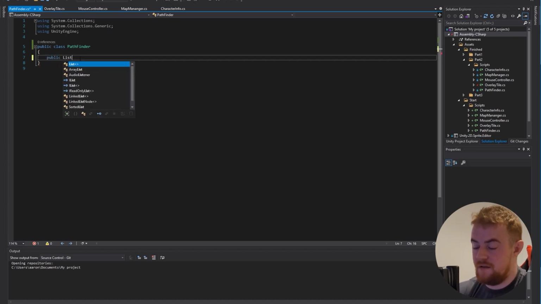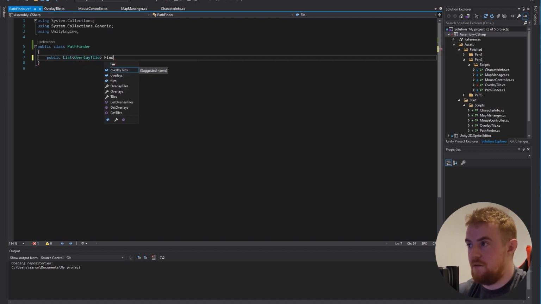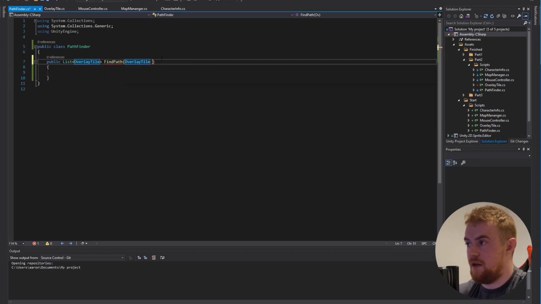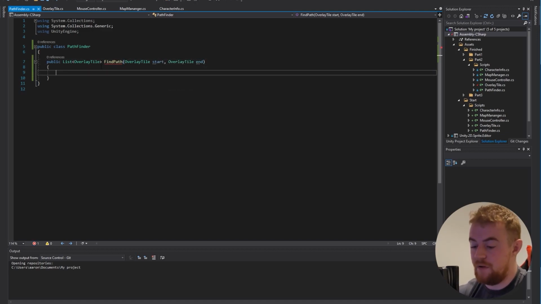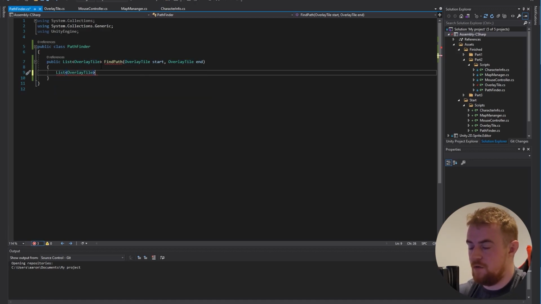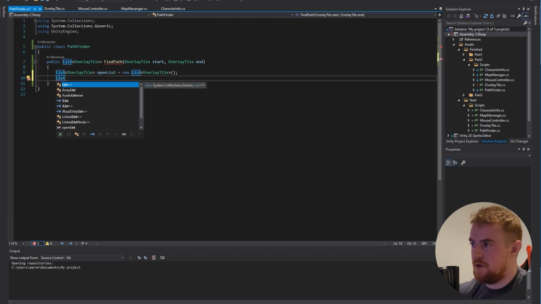So that's going to be a public List. It's going to return a list of overlay tiles, which is basically going to be our path, FindPath. Overlay tiles or nodes, I guess, in the technical naming convention. This needs two things. It's going to need an overlay tile, a starting node, and an overlay tile, or end node. So where it's going to be and where it's going to go. After that, we need two lists. So we're going to need an open list and a close list. So List of OverlayTile, openList equals new List of OverlayTile like that. And another one, we'll copy and paste this,